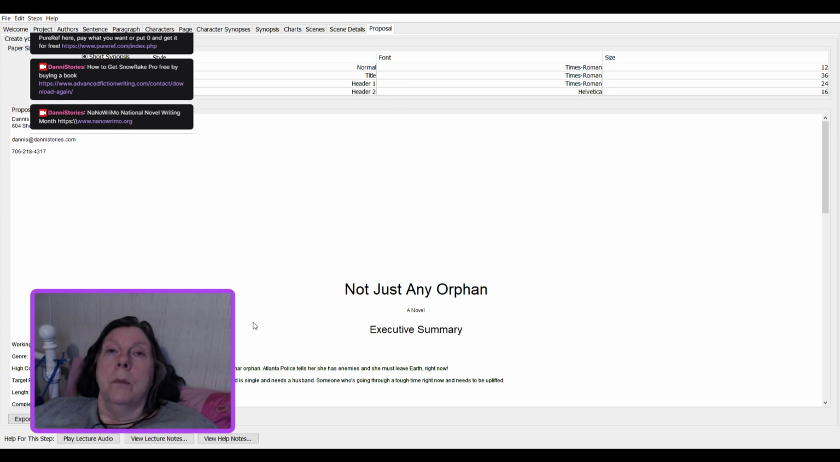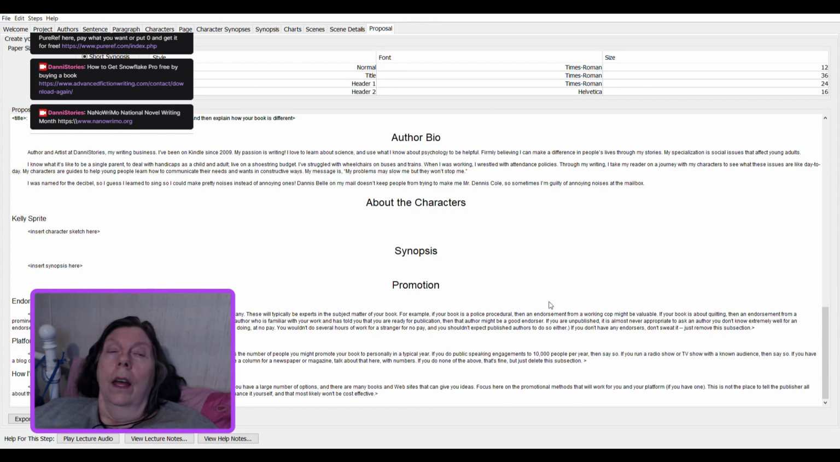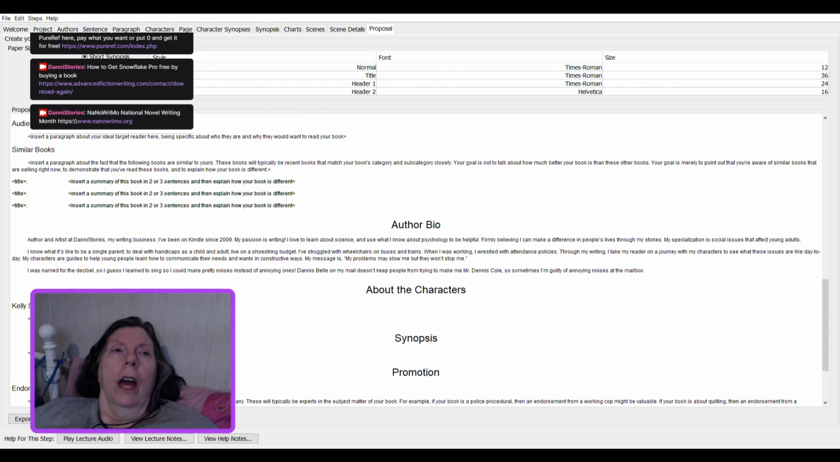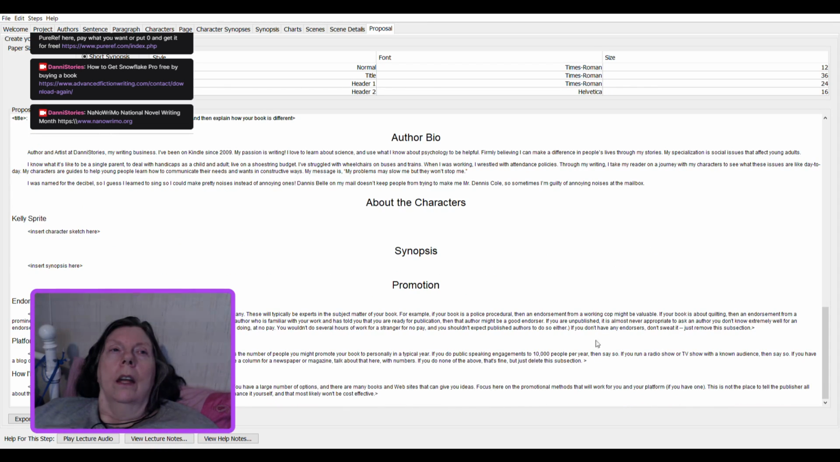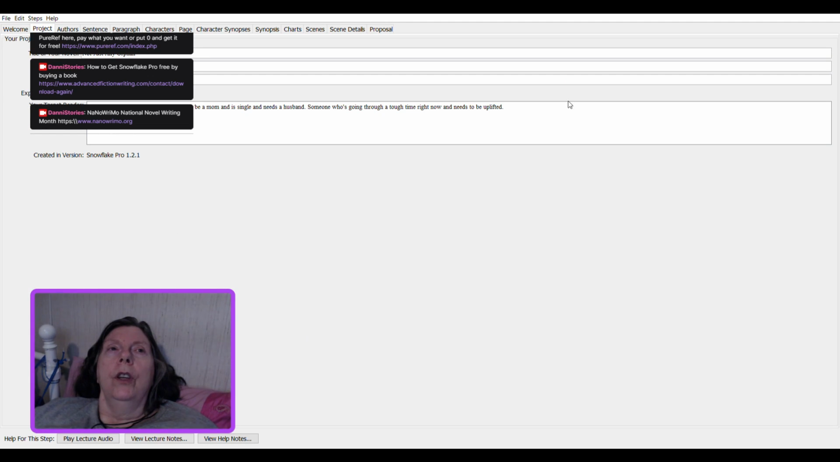Then you've got a proposal to give to an editor, an agent, or, you know, I've got my bio in there, all that. So, yeah. So now you've got this in Snowflake Pro,